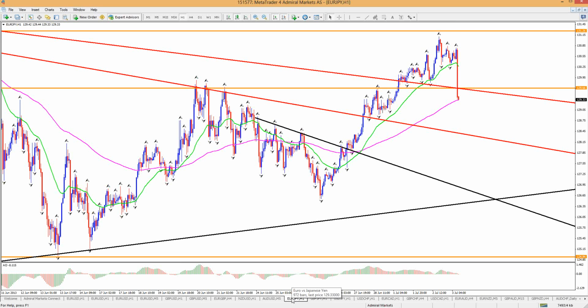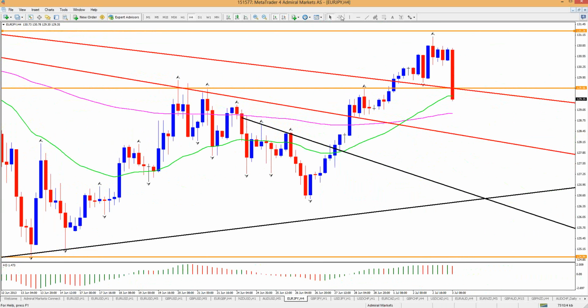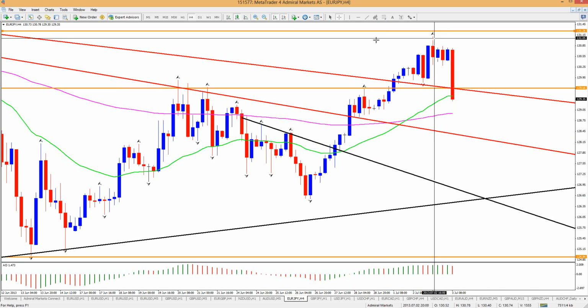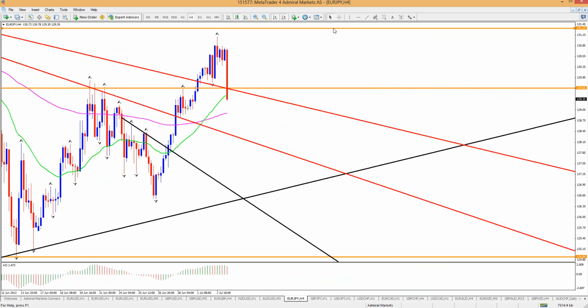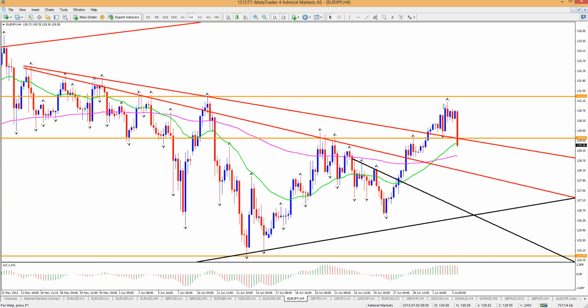Let's take a look at the euro yen. Euro yen is probably moving down more indeed. Massive fall. We did have breaks of those trend lines. Then again, we didn't break the top orange line, which was a key resistance as well. I think I said it here, didn't I? That the euro yen was moving up to a level that I doubt that it breaks. Not sure if I said it here or if I told some of my friends, but certainly looks like that. Same story really as the pound yen.